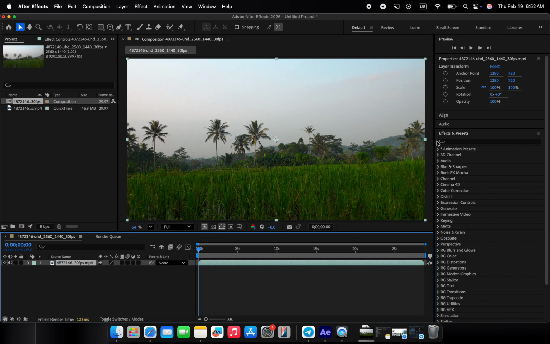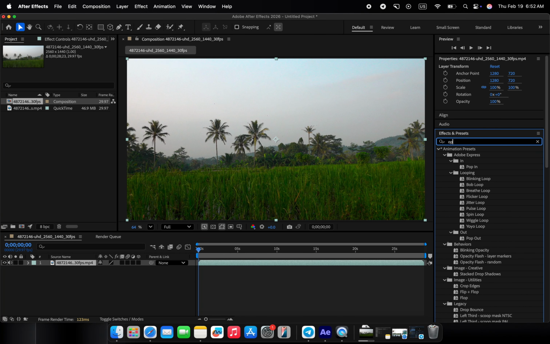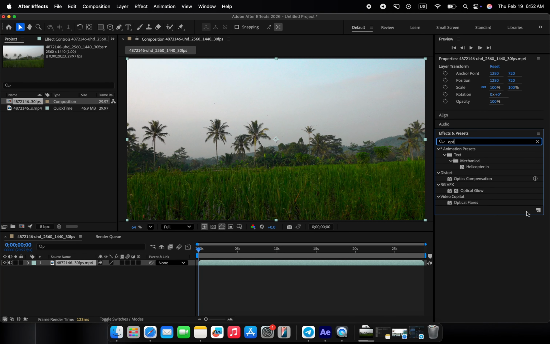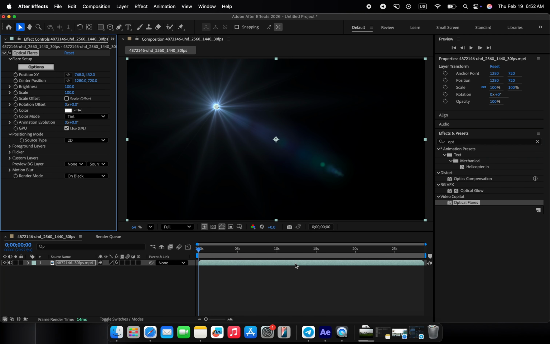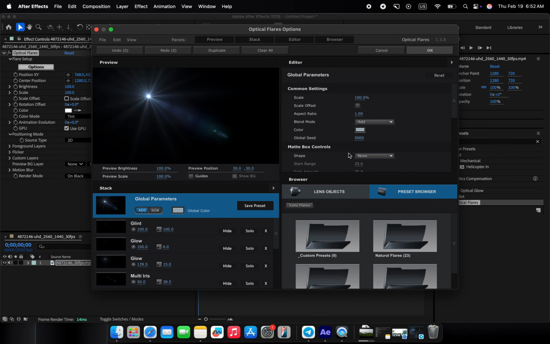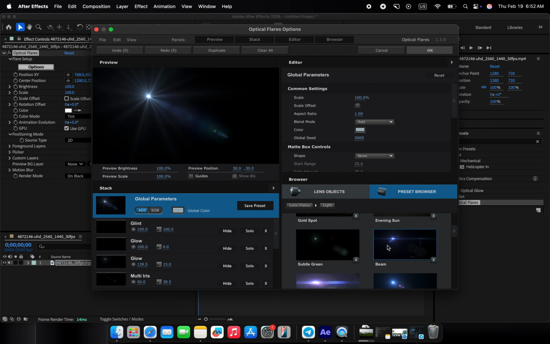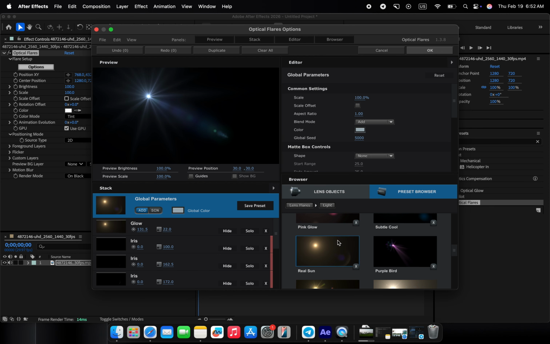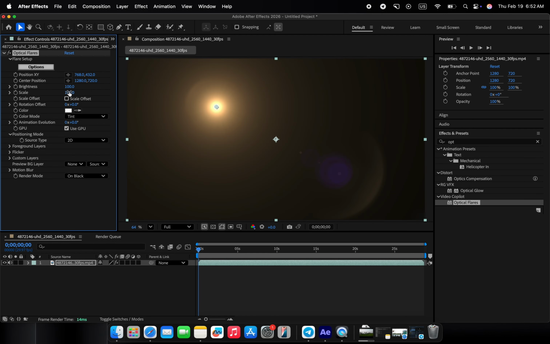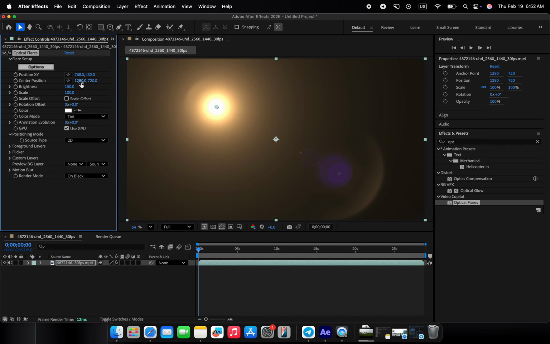I am going to show you the result first, right now, on screen. So I am opening After Effects on my Mac right here. I drop in my video clip. Then I add the optical flares effect. After that, I load up the realistic sunlight preset. Position the light source right over the footage, and you can already see the flare sitting perfectly on top of